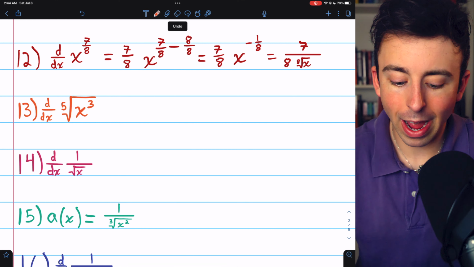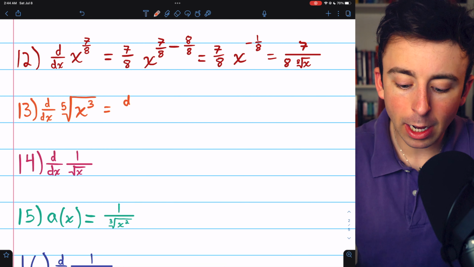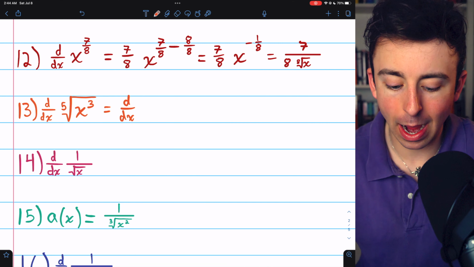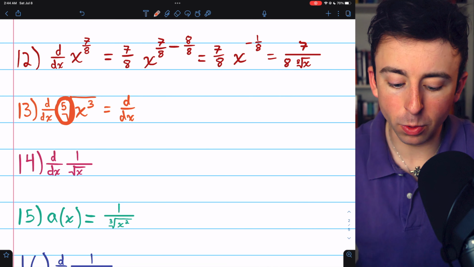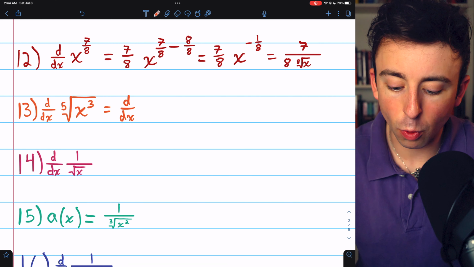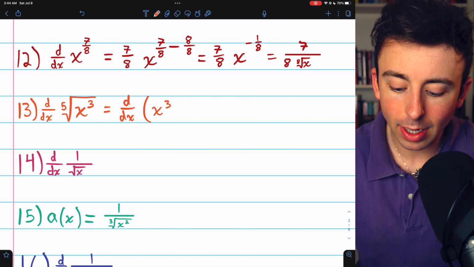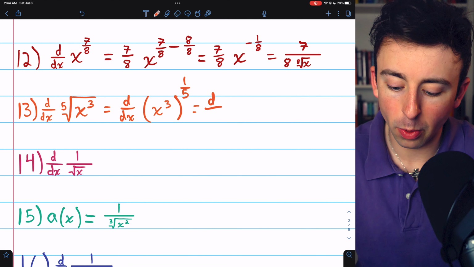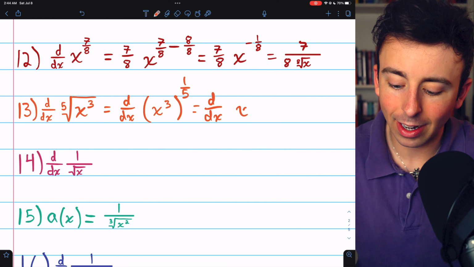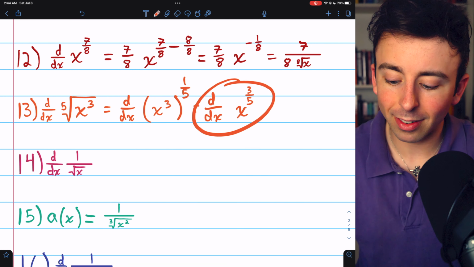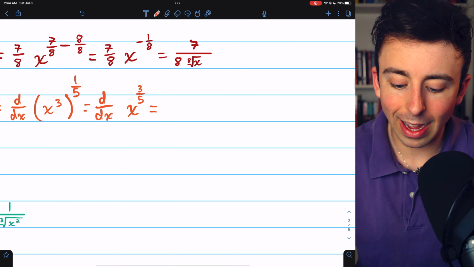We're starting with the radical expression. Let's begin by rewriting it as a rational exponent, and then we can apply the power rule. The 5th root is the same as a power of 1/5. So this is the derivative of x cubed to the power of 1/5, which of course by our exponent rules is the same as x to the power of 3/5. You can just multiply the exponents together. So we're taking the derivative of x to the power of 3/5, and we can do that using the power